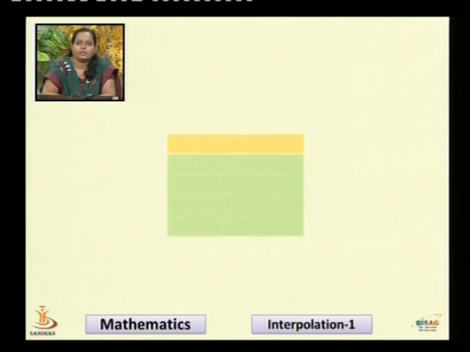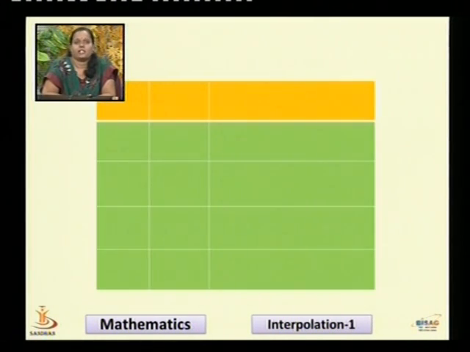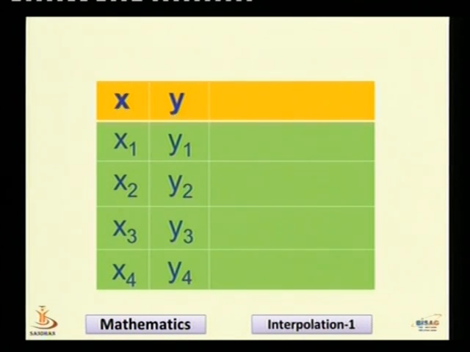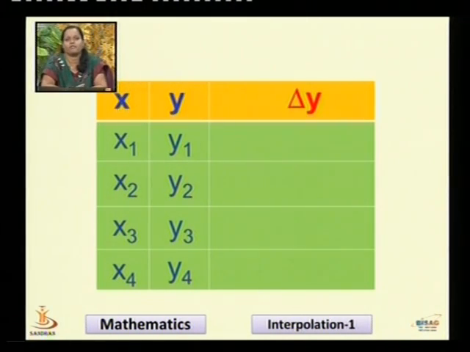Now we can represent the same in the tabular form. So let us have a look at the tabular form. Given the table values x y, that is x1 y1, x2 y2, x3 y3, and x4 y4. Here we are considering a table which consists of only 4 data points. Later on we can generalize it. Now let us evaluate the first order forward differences, which are denoted by delta y. Now the first order forward difference at the first point is delta y1. Now let us see how to evaluate it. We have already represented it in the equation form.